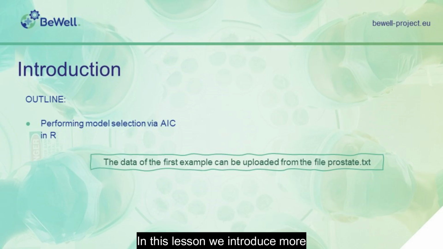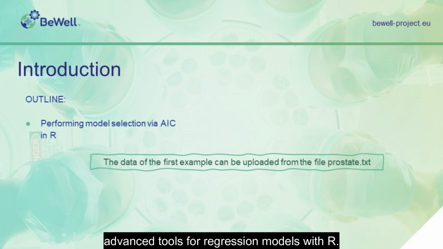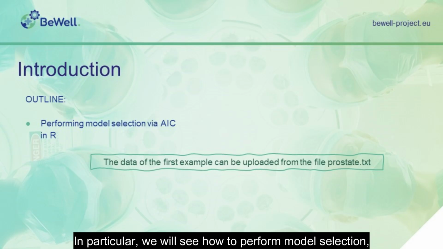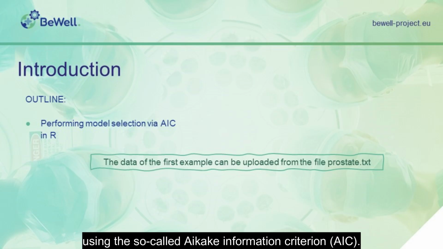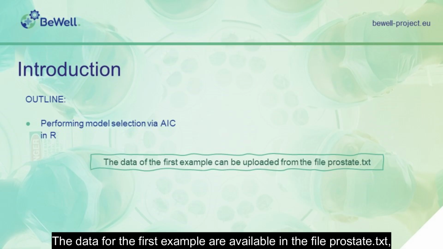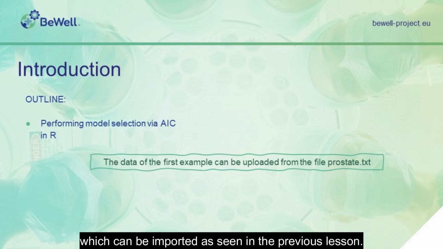In this lesson we introduce more advanced tools for regression models with R. In particular, we will see how to perform model selection, using the so-called Akaike Information Criterion, AIC. The data for the first example are available in the file prostate.txt, which can be imported as seen in the